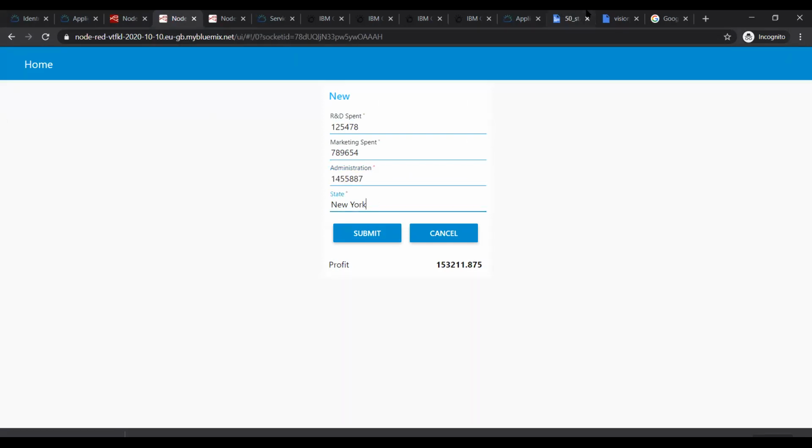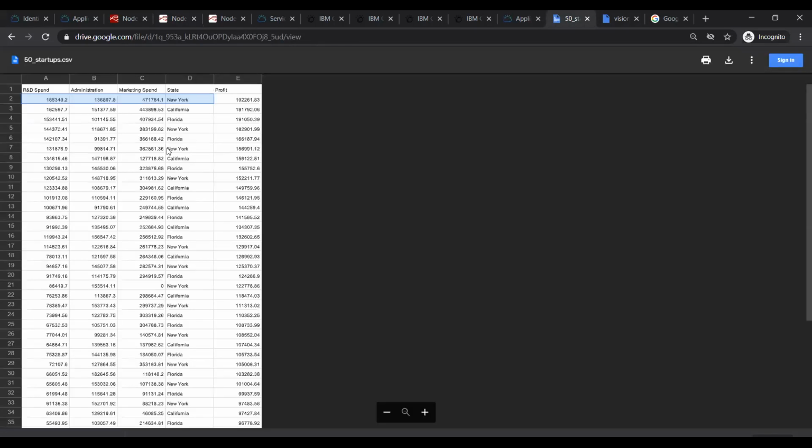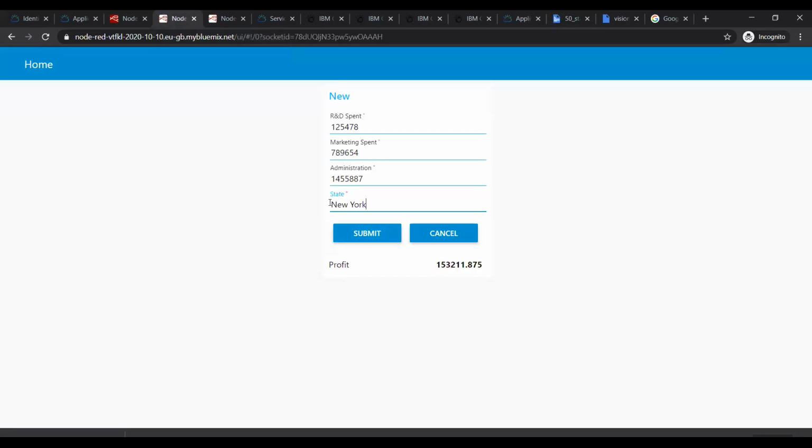I'll give a different state: instead of New York, I'll give Florida, and I click on submit. If you see, the output has been shown.